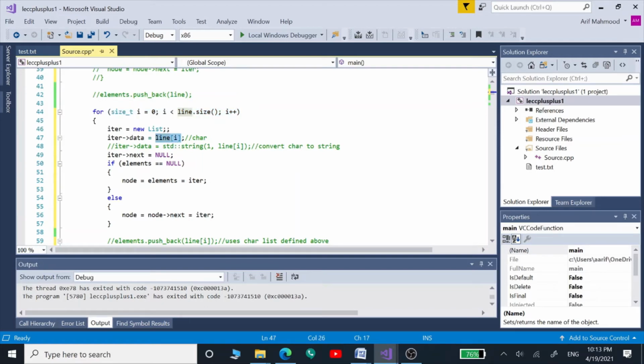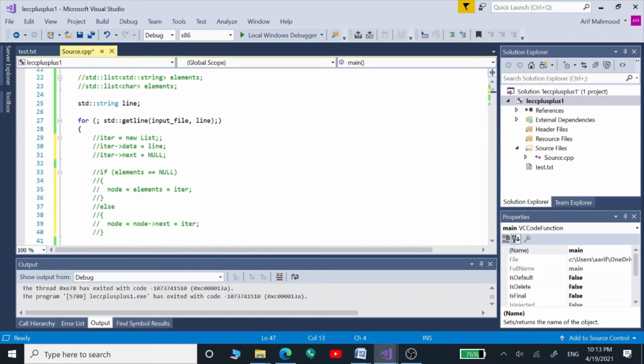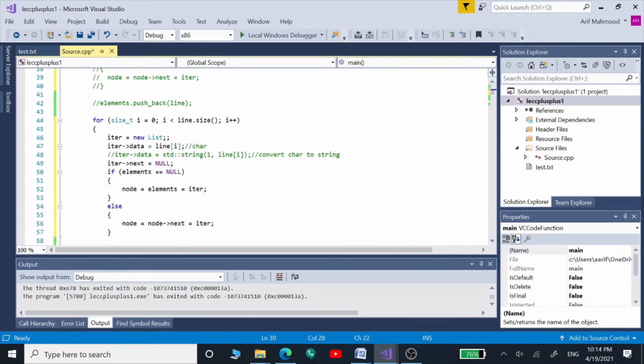This line I is going to give us those characters and spaces and letters, and we are going to store those into this iterator data. So here what we were storing inside this iterator data, line, and what here we are going to store in our iterator data, line I characters. The rest of the lines are the same.